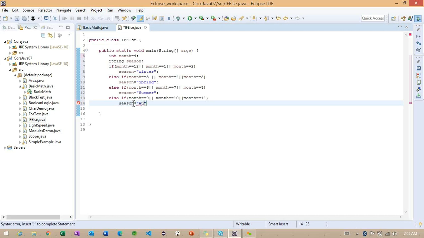Here is one more season. If no condition is matched here, we have one more condition, the final one. For the season, what do I want to make? Something simple. The last one, not matched. This is one more season I want to add. Carefully observe what we are doing here.